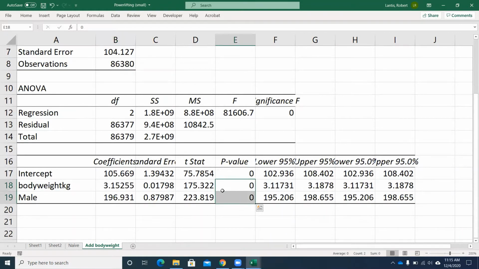The male variable and body weight variable are still significant. The p-value is still approximately 0. And why that is the case is because, just like with other sample statistics we were looking at, whether it was the sample mean or the sample proportion, higher sample sizes greatly reduce the distribution of that sample statistic that we see. So